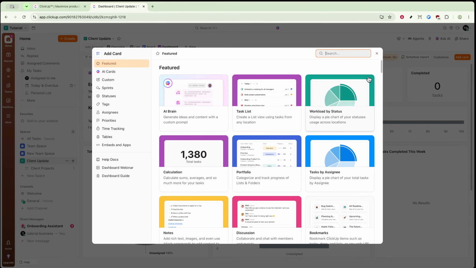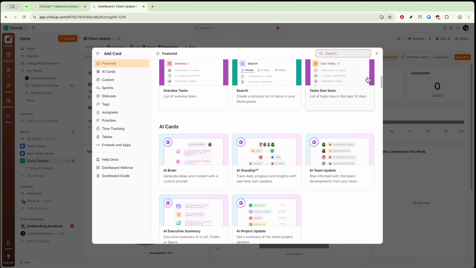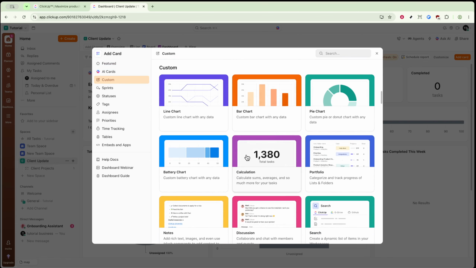If you need to track specific business metrics, you can use custom widgets. These are super flexible and can display data like revenue, feedback scores, or even custom field data that's unique to your workflow. Take some time to think about the metrics that matter most to you and your team and integrate